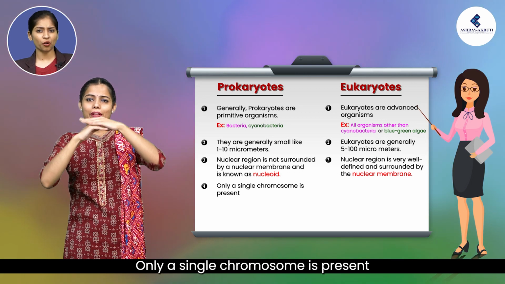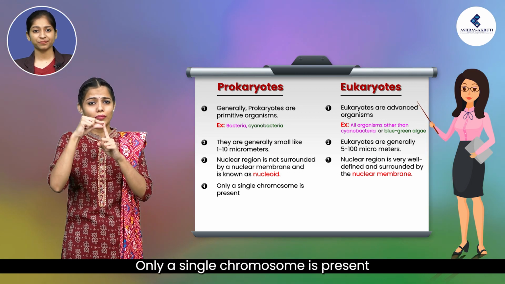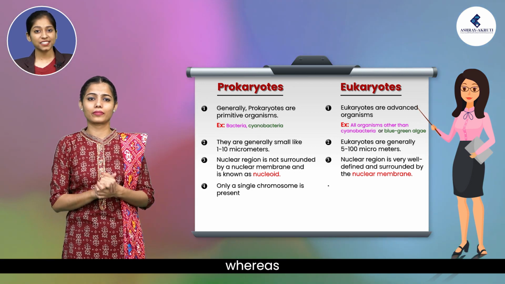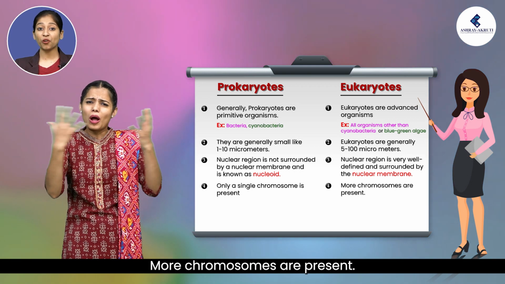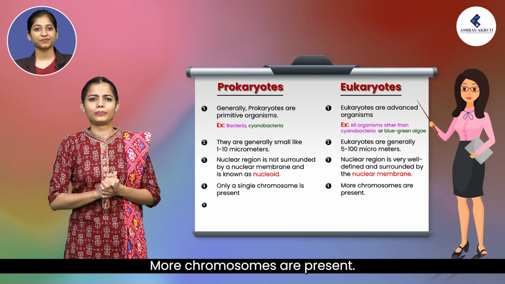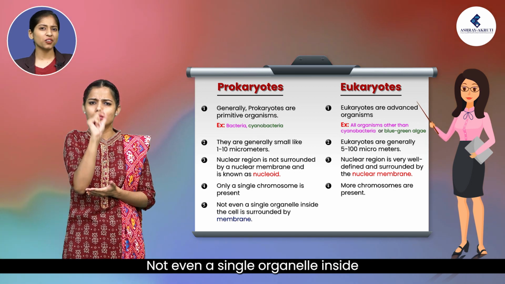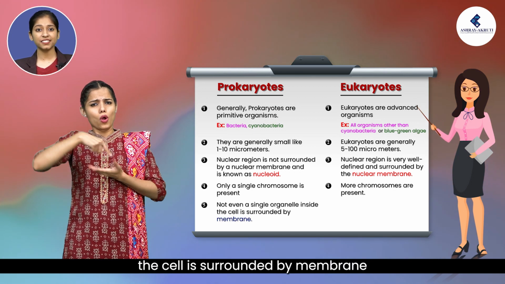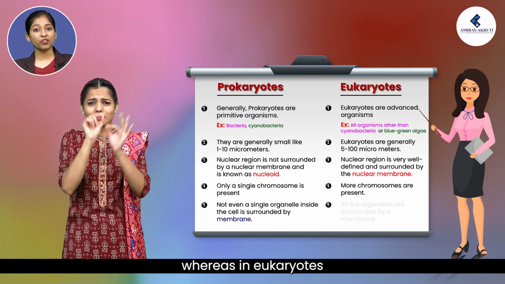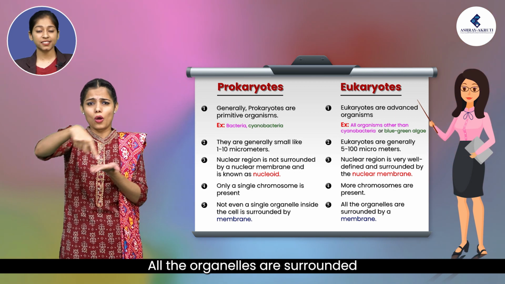In prokaryotes only a single chromosome is present, whereas eukaryotes have more chromosomes. Not even a single organelle inside the cell is surrounded by a membrane in prokaryotes, whereas in eukaryotes all the organelles are surrounded